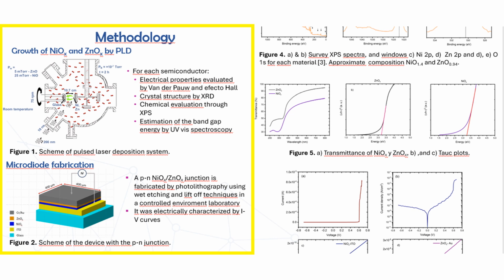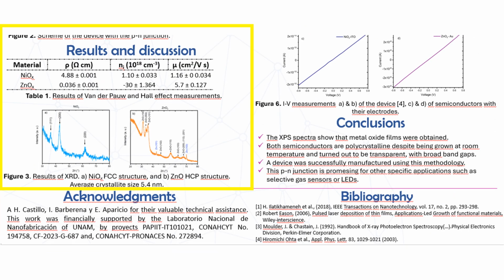Also, to know their physical structure, X-ray diffraction measurements were acquired. Additionally, the electrical properties of the semiconductors were characterized using the Van der Pauw and Hall effect techniques. To determine their optical band gap, the Tauc method was used for the calculations from UV-Vis spectroscopy measurements. Now, regarding the results,